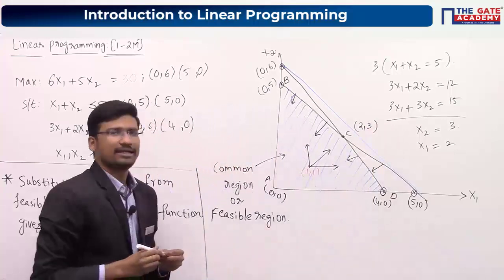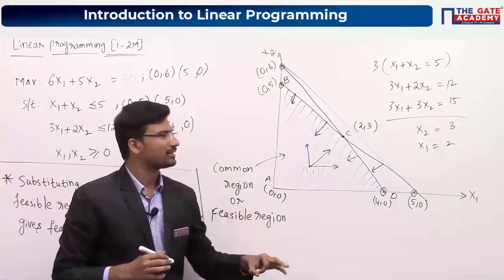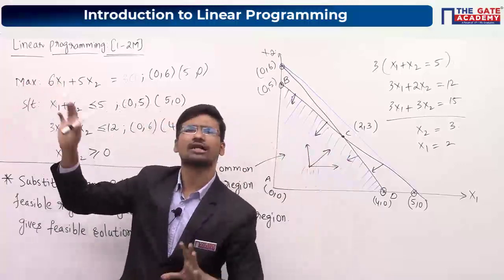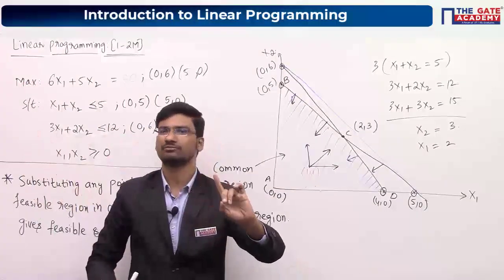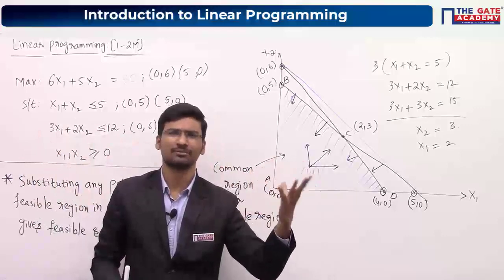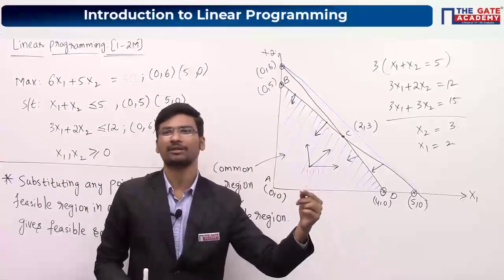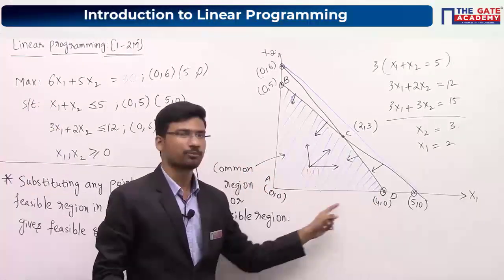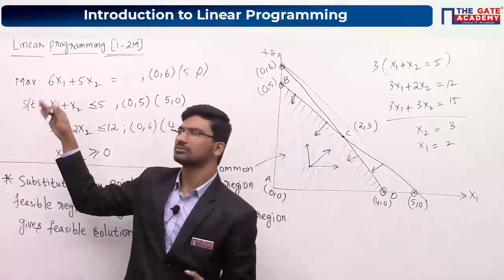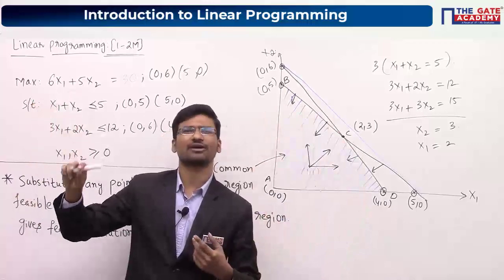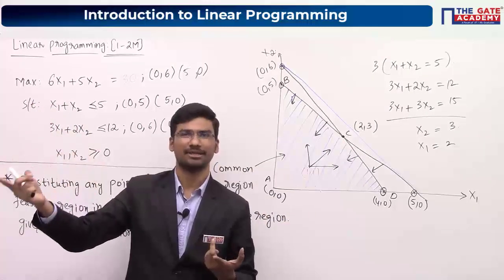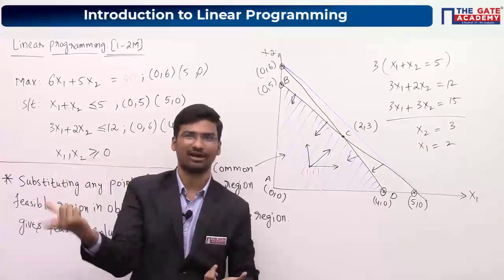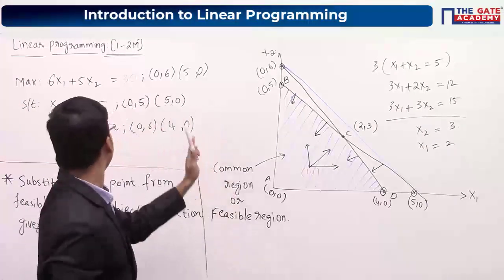Whenever you are solving a question using the graphical method, find out the corner points and just evaluate your z value at the corner points, irrespective of the type of function. That means it may be a maximization problem or it may be a minimization problem. Just evaluate your z value at the corner points. Among those different z values, one value will be maximum and another value will be minimum. Depending upon the type of the problem, you can choose that particular value. That's all.